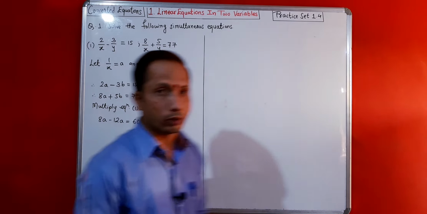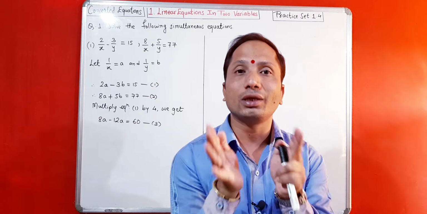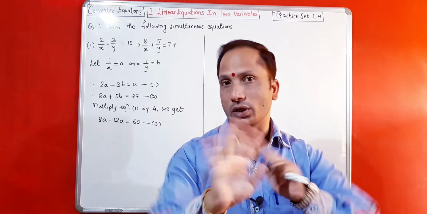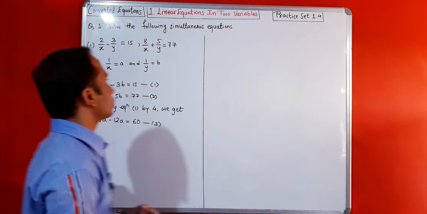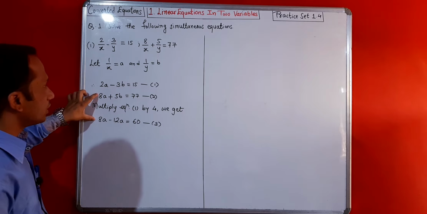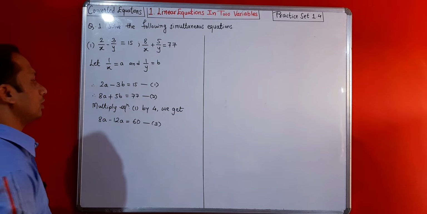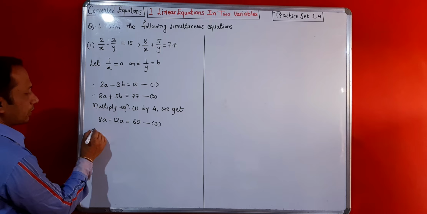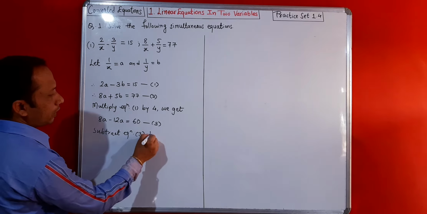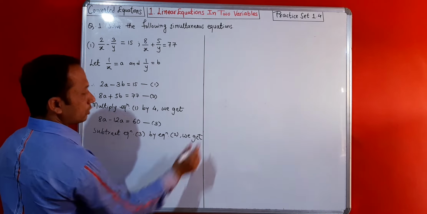You know very well that when we do any process on an equation, we do not take that equation for further calculations of addition and subtraction, so please remember this. We have just processed equation 1, so forget it. Now see that 8a is present in this equation and in this equation also, so we will subtract equation 3 from equation 2. We have to do the proper calculation.